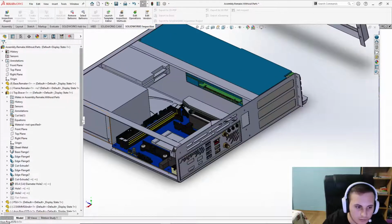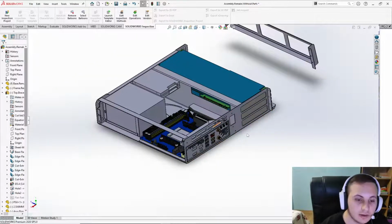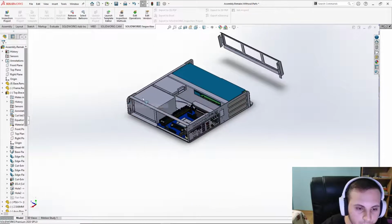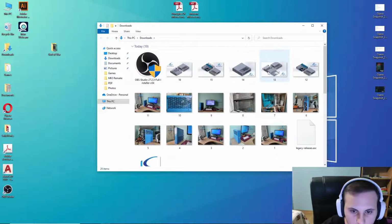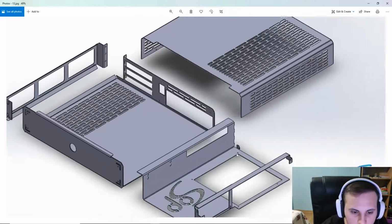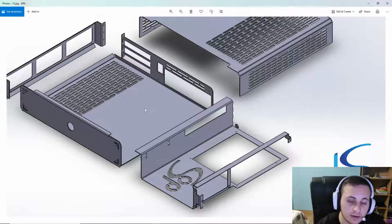Okay, if we slide this like that, and I'm going to move up like that, I'm going to show you how it all works. So this part right here is actually a part that slides into this panel, and then with the screw holes right here. So you have one there, two, and then another one. So with four metric 3 screws, you actually bolt it on, and then they get spot welded. That way, I can actually very precisely